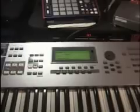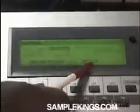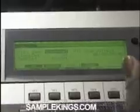Now, we'll zoom in. As you can see here, already set up here, we've pressed the button here for the MIDI, which is right here. And we have MIDI sync. See, sync is on right there. We're in sync right now. Now here we have MIDI sync set to internal. We don't want that. We want to skip that